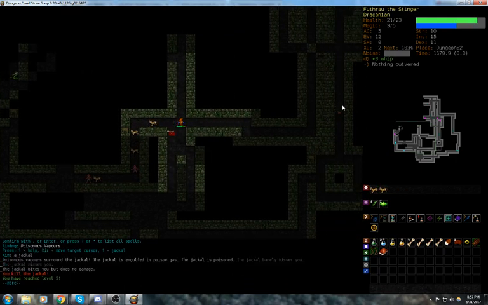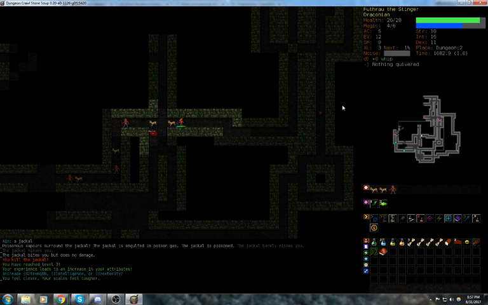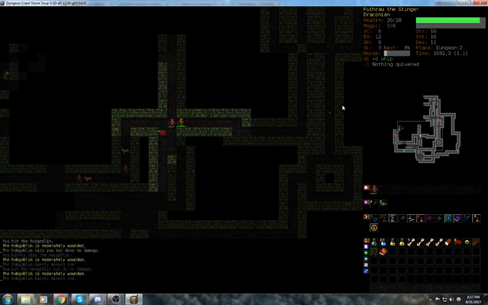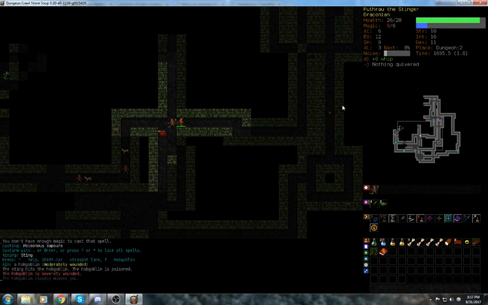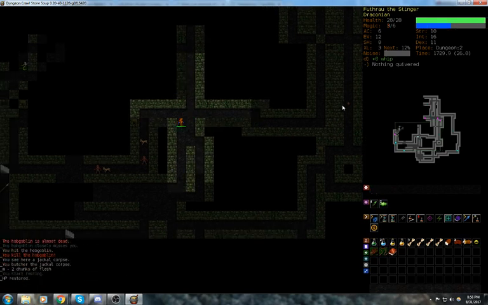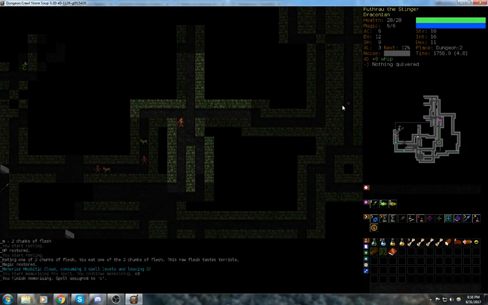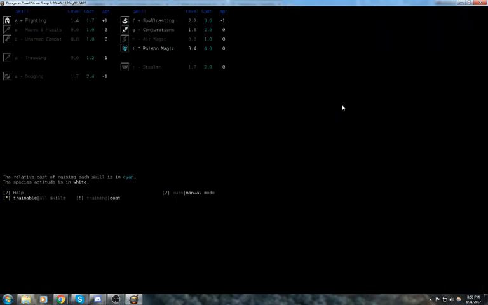And then against these Jackals, we're just going to employ the exact same strategy. We'll just let Vapors do the work. We're out of mana, so we'll go ahead and melee this Goblin. And life is good. Okay, so now we've got Mephitic. It's really not castable yet, so